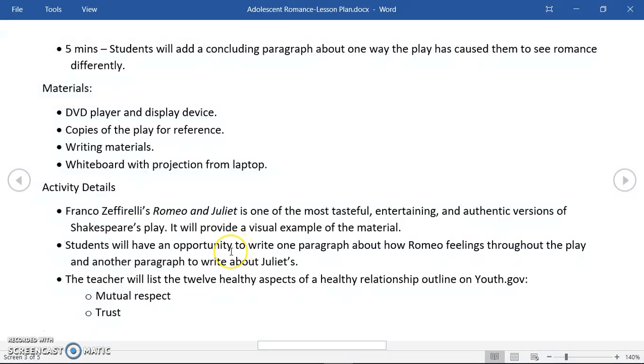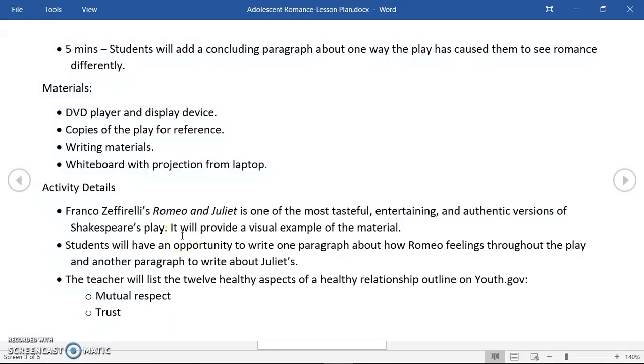In this case, they would write a paragraph about how Romeo feels throughout the play and how Juliet feels, because basically we'd be exploring how their feelings are what drives the plot. It's not all these powerful people in the end, it's about a love story. And it's about how a love story can change a great deal of things, which is something that teenagers can relate to. And I think that the context of the story is often taken away from that, and it's explored from a literary perspective, but it's really a teenage love story. That's what it is. That's all it is. It's one that's lasted to this day.